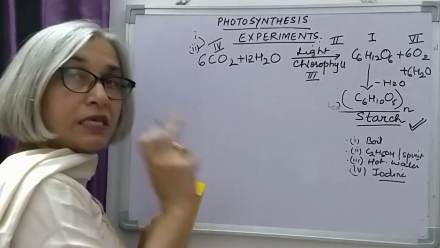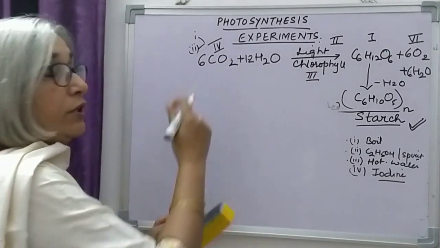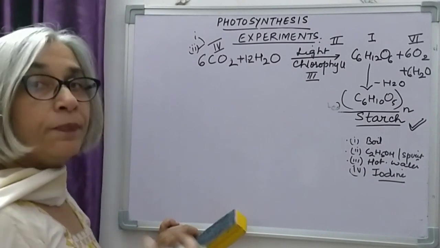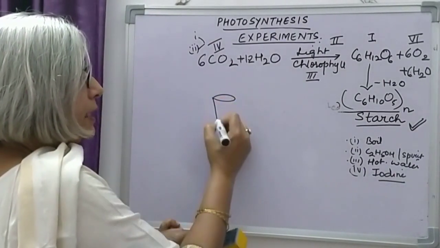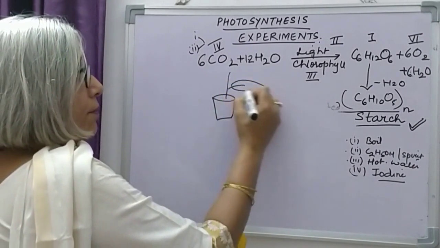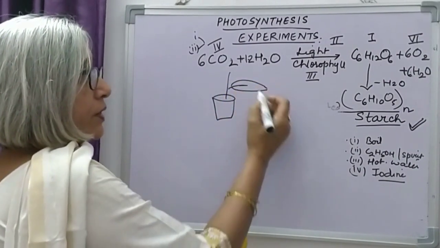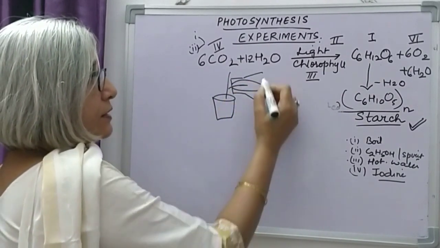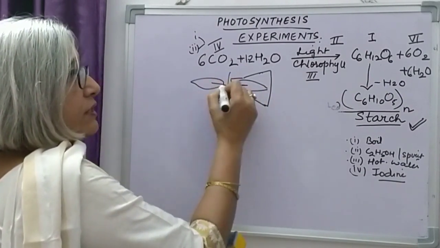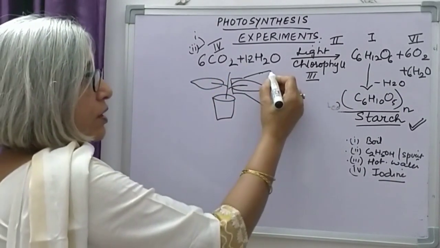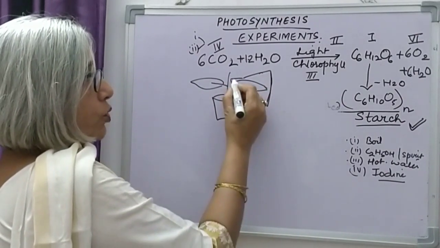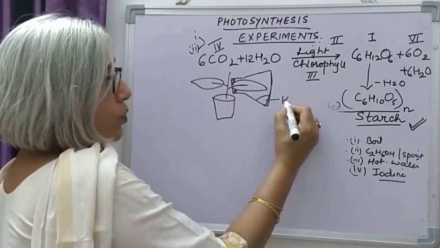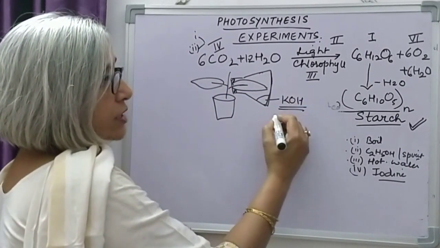Carbon dioxide is essential for photosynthesis. Again, for this we take a plant, destarch it, remove all the starch that is present, keep that plant in sun. Before we keep that plant in sun, we have to put one of the leaves, two leaves we will take into consideration for the experiment. One of the leaves we will, through a split cork, insert inside a conical flask which contains potassium hydroxide.